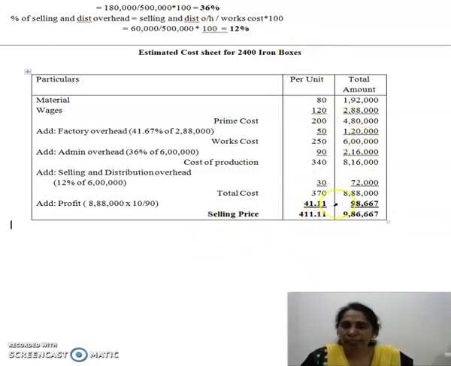Okay, some 10 rupees here and there will be coming, based on the percentage you use. So if you are using 41.6667 percent, then a difference will come. If you are taking 41.7 percent, then some difference will come. So this may vary based on the percentage. There is no problem. A 10 or 20 rupees difference will come because the percentage is not an exact round figure. Okay guys.